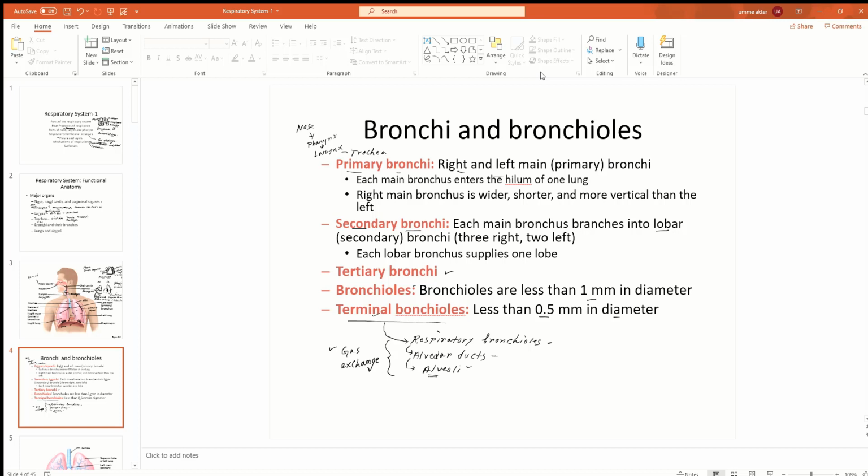And then primary bronchi, secondary bronchi, tertiary bronchi, bronchioles, terminal bronchioles. From the nose all the way to the terminal bronchioles, these structures are for air conduction. That means taking the air into the gas exchange area. So conducting part